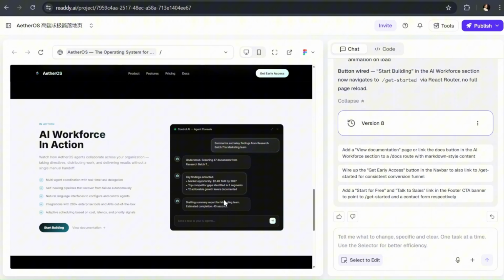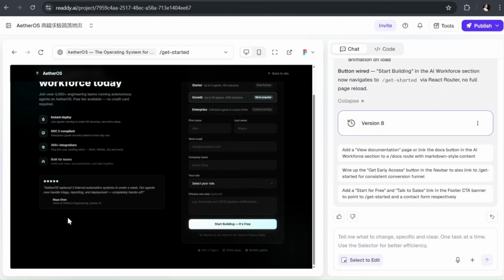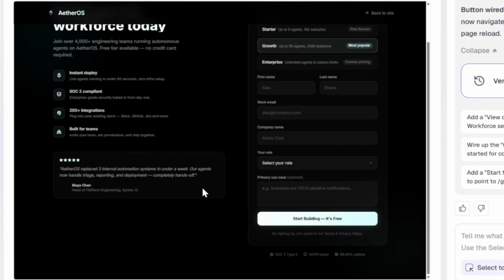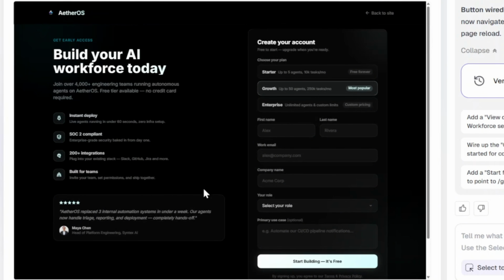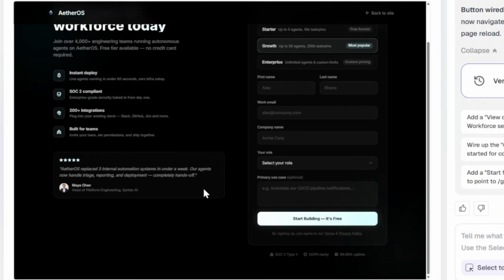And there we go, it's done. Now when I click on that button, it actually takes us to a fully generated page. It's really well structured. On the left, we have a strong headline with key highlights like deployment, security, and integrations, followed by a testimonial for credibility. On the right, there's a clean form where users can select a plan and enter their details quickly. So essentially, Readdy just turned a simple button into a fully functional conversion page, which is exactly what you'd want